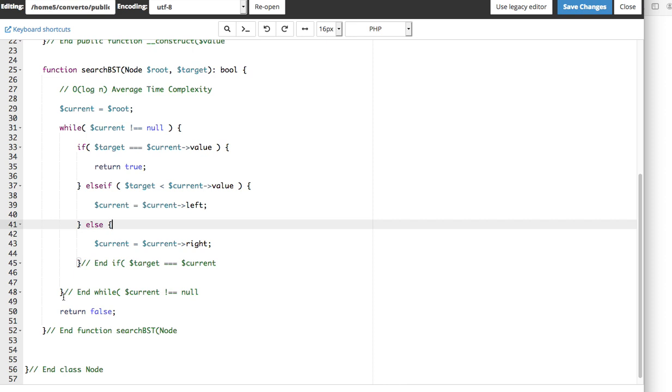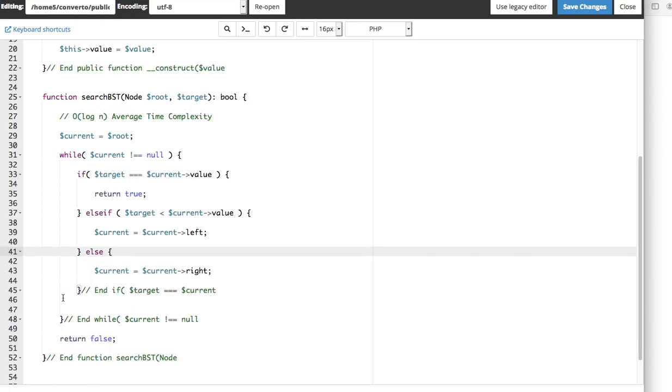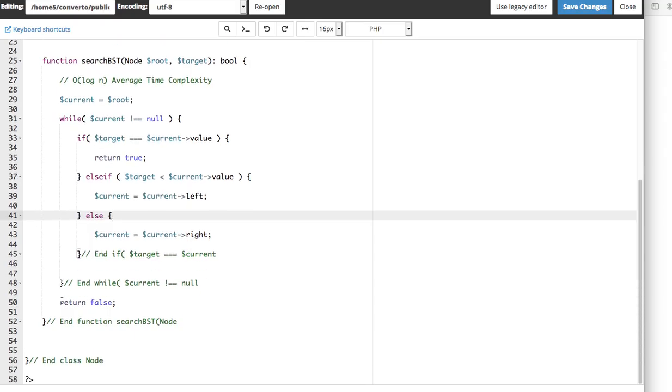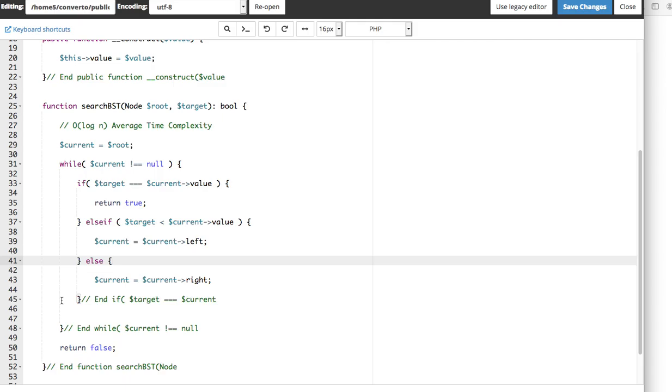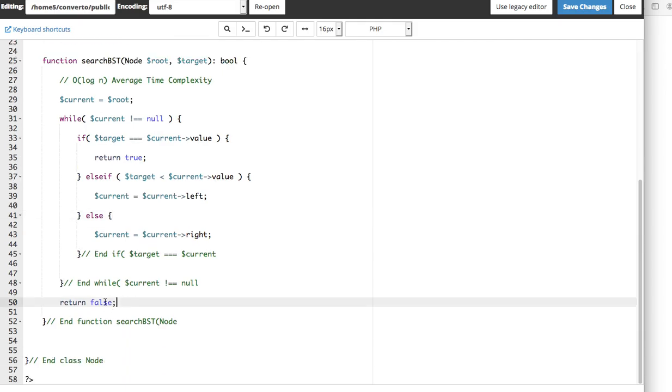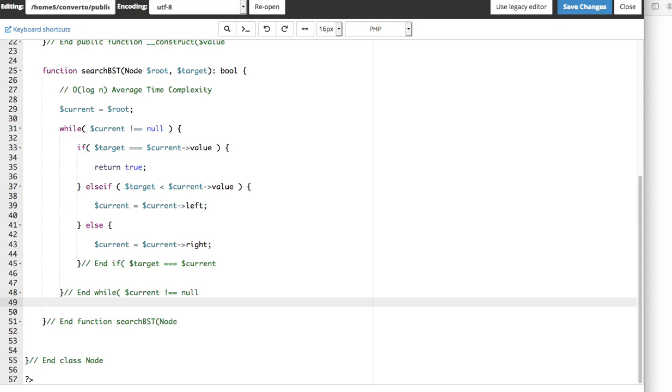Wait a minute. There's no way this could work, because I think I need to put this one. This is right here. That's what I need to do, because if I did